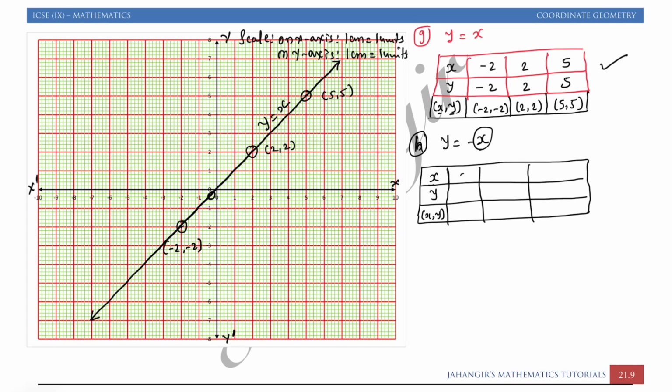So let us say if x is 2, if the value of x is 2 then what I will write, y is equal to minus x, the value 2, so I will get minus 2. I can write it over here, 2 comma minus 2. Here what you have to do is think of any x value which fits within the graph. So you can always take values from minus 10 to 10 horizontally and minus 10 to 10 vertically as it fits in the graph. If it's not fitting you can change the value.